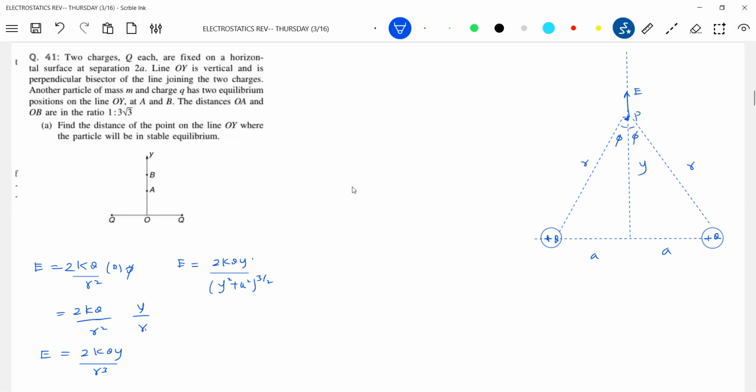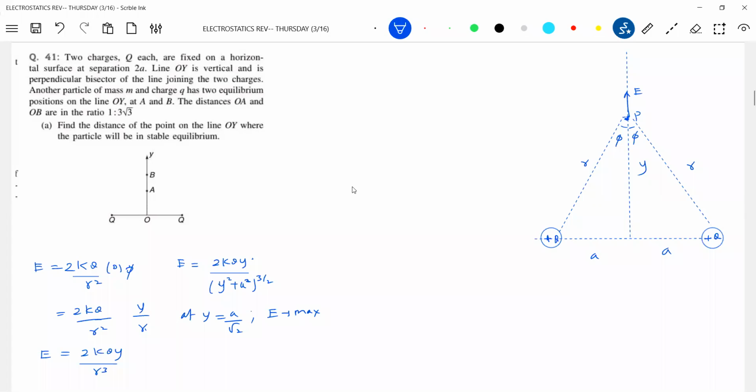You need not wait for anything further. This is similar to the electric field due to a ring. Instead of the charge on the ring, we have 2 point charges. And I'm very sure that at y is equal to plus or minus a by root 2. Since I'm interested only in the positive y-axis, I'm going for that one. At y equal to a by root 2, the field will be maximum. Already we have come across this particular equation. So based on that, at y equal to a by root 2, it is maximum.